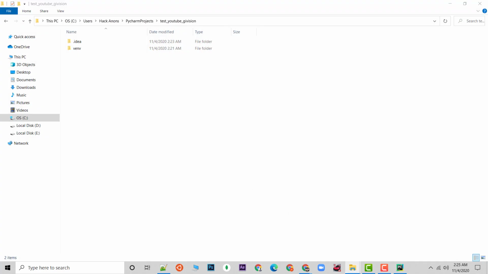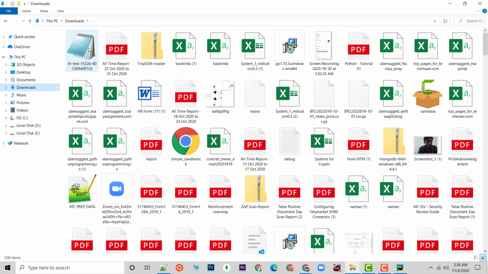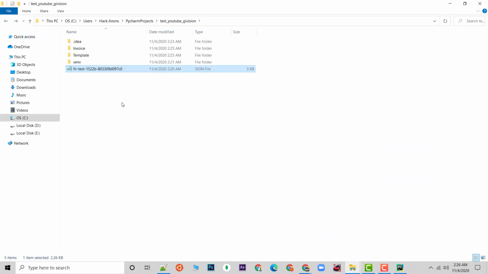The first thing that I need is a template folder. This template folder includes all the templates. I'm not showing you how to structure this; if you want to know what I am doing over here, then please watch my video. Then I will move one more, the invoice structure, where all the invoices are added. And yeah, that is more than enough. The next thing I need is to go to the downloads and copy this JSON file. This is the file we just used for the service account.